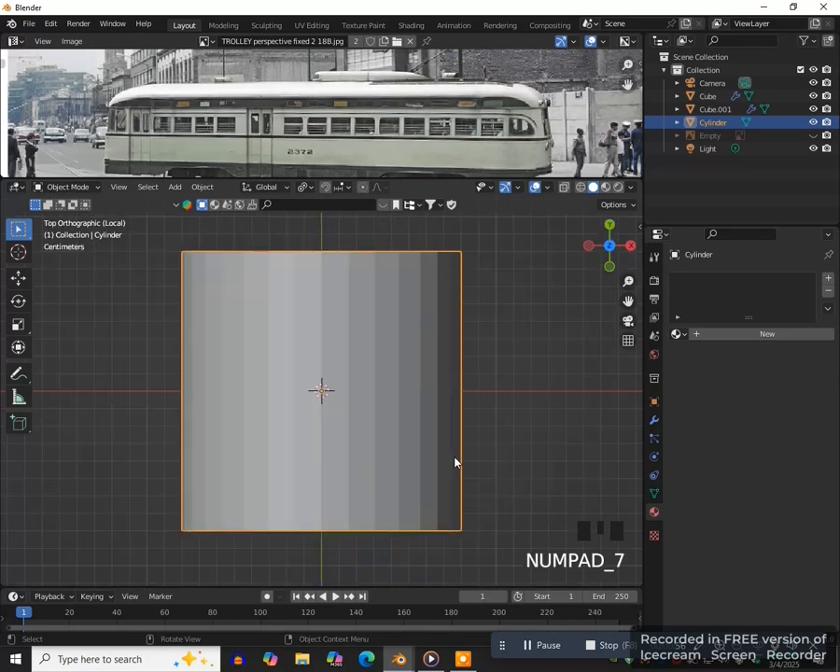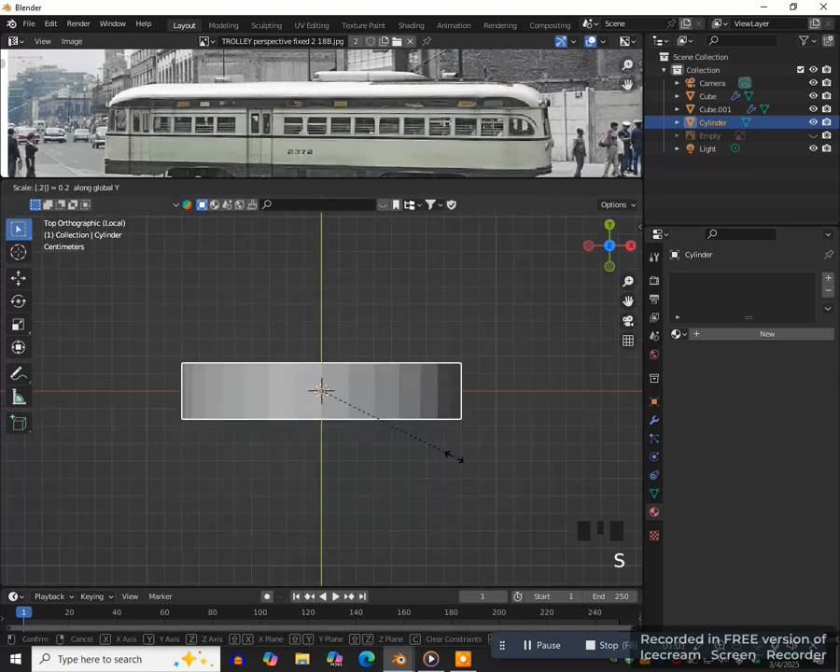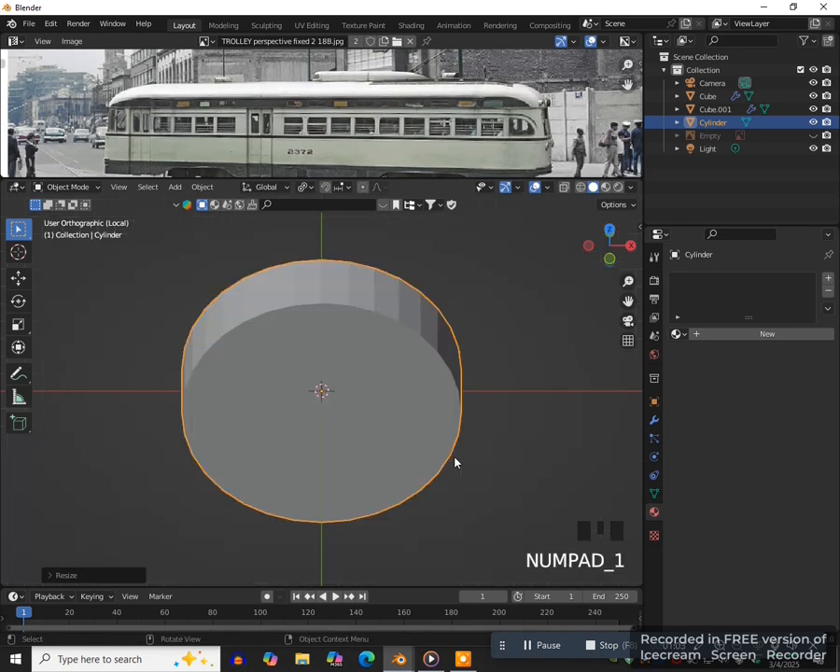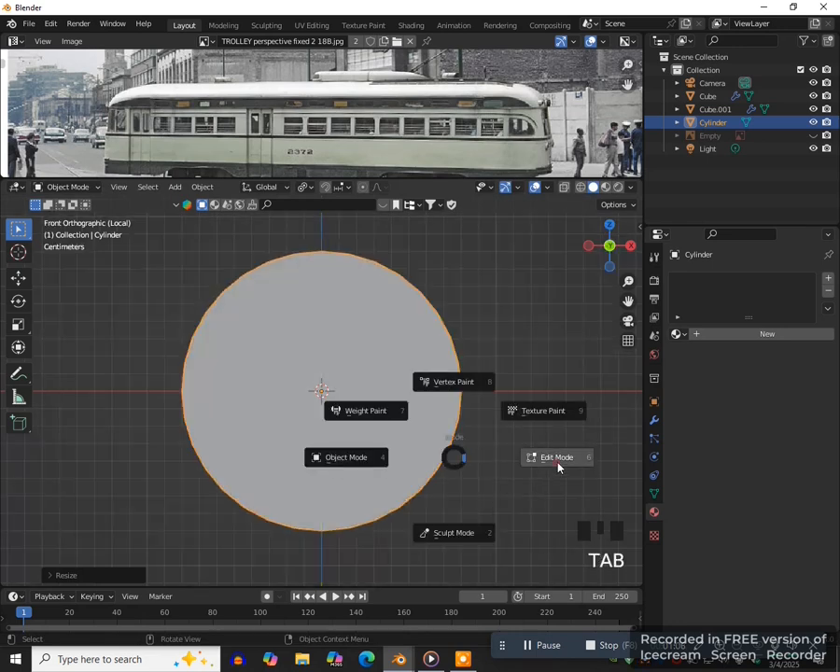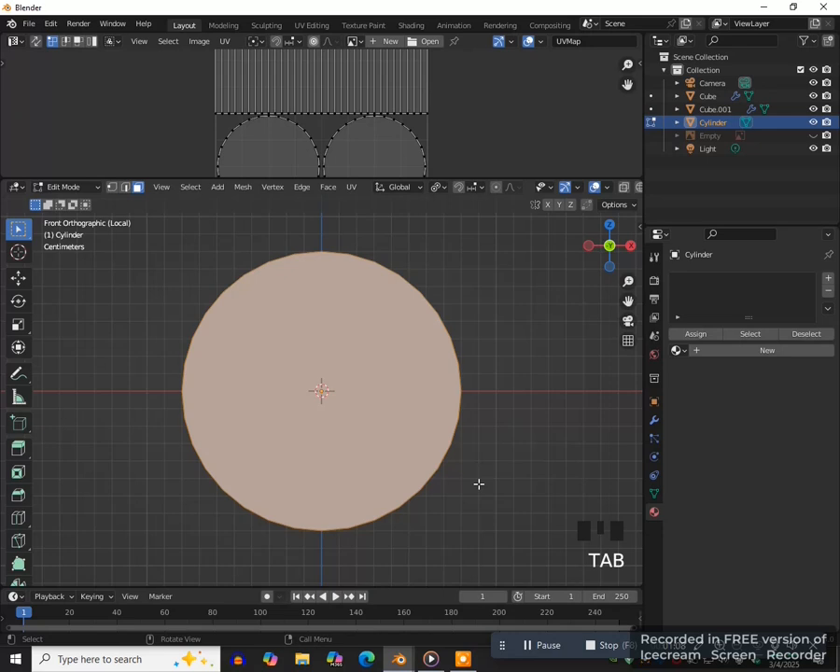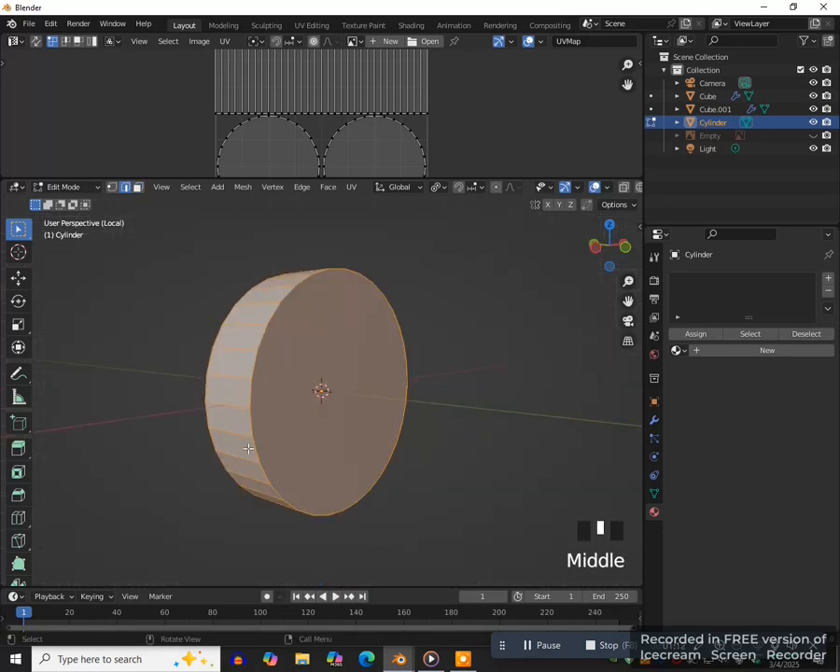Press 7 on the numpad to go to top view. We're going to scale this in on the y-axis, SY 0.25, enter. Go back to front view, 1 on the numpad. Tab in edit mode, 2 on the keyboard to go to edge select. You want to hold down Alt and then left click on this edge here, and that selects the whole edge